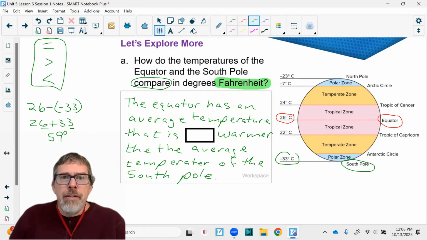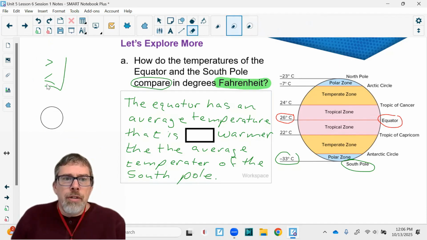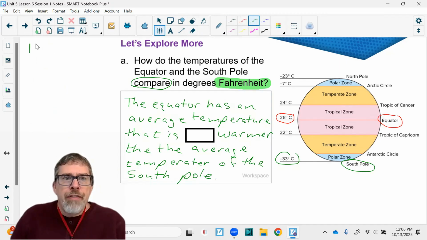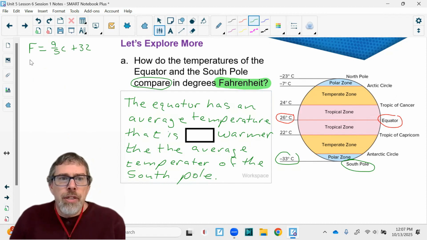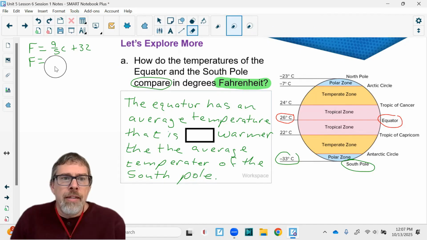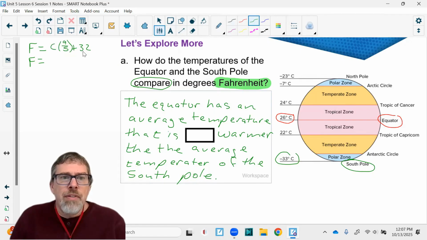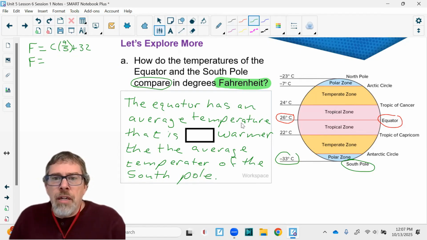Okay, so let's go back to here. Now I'm going to erase all this just so I can work. And I'm going to write F equals 9 over 5 C plus 32. I'll do the equator first, which is 26 degrees. So F equals 9/5, and let's change that to 1.8 like they did in the example. I think they put the C first. It does not matter. Multiplication is commutative. So C times 9/5 is the same as 9/5 times C. But let's just do it this way. The Celsius temperature is 26 degrees at the equator, and I'm going to multiply that by 1.8, which is 9/5,